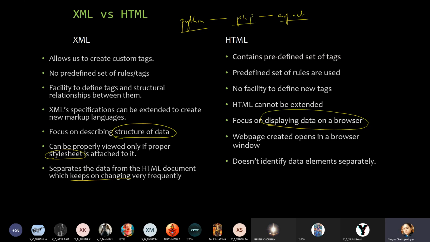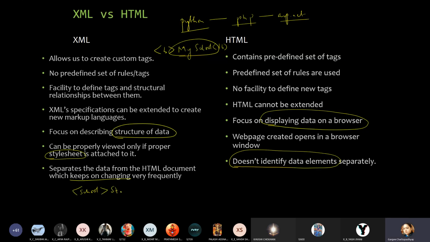HTML doesn't identify data elements. This is the drawback of HTML. It doesn't identify the data elements. It just displays the data as it is in the way you have given. You wrote B, my school, and B close. That's it. My school will appear in bold letters. That's all. Now HTML has no concern with what my school is, what type of data it is, right? But in XML if you are writing school,